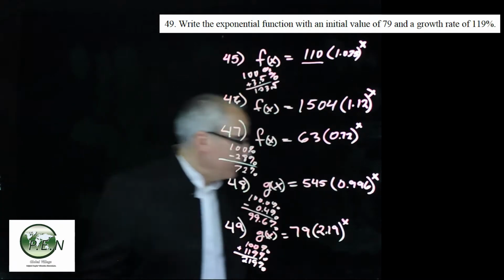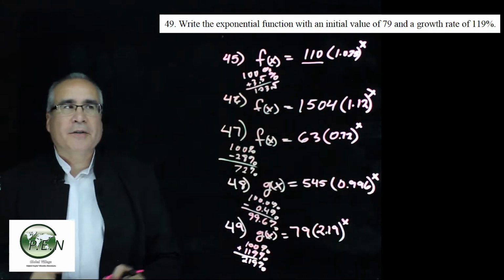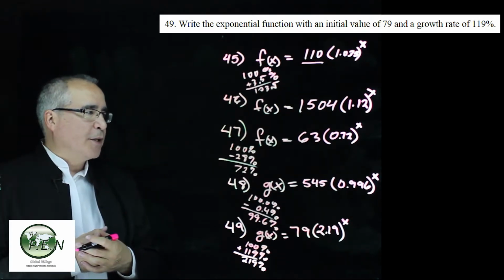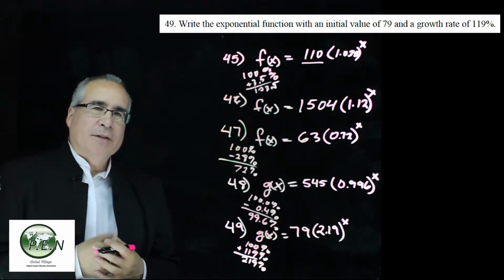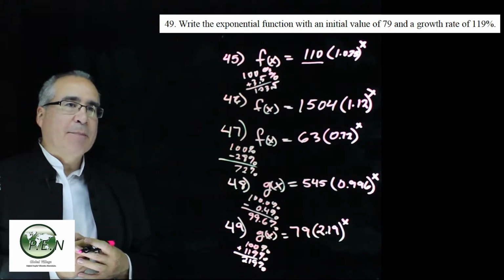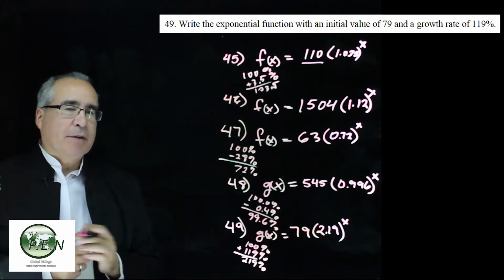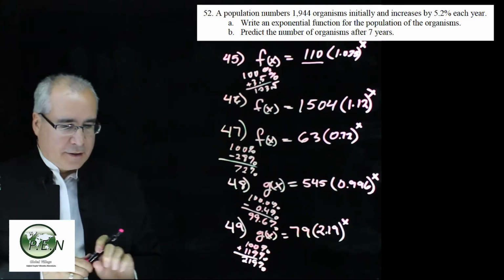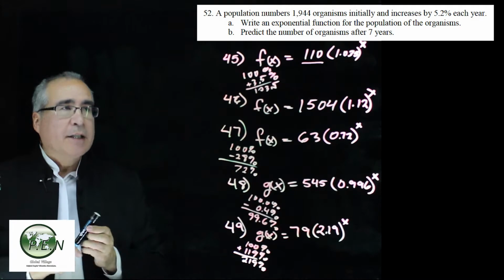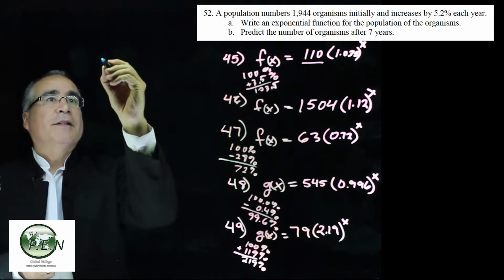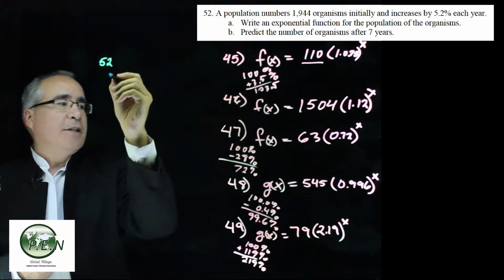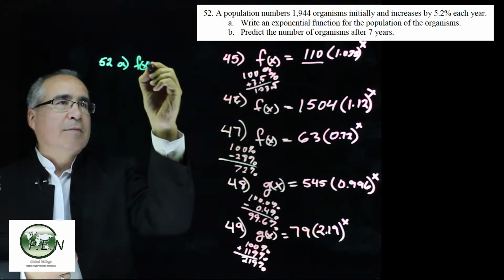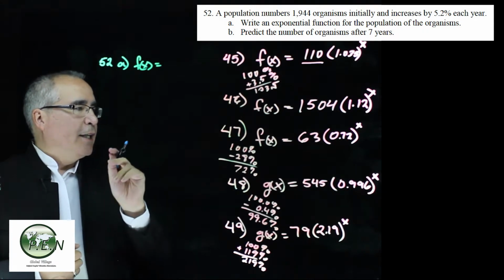Very good. Well, while we're at it, let's continue here with 52, and we get a little bit more details to working out these problems because we've got an A part and a B part. First part is to come up with the function, and the second one is to use that function. Okay, so let's go ahead and change colors here. 52. So the question for 52A, they want us to write a function, go back to f of x, it starts out with